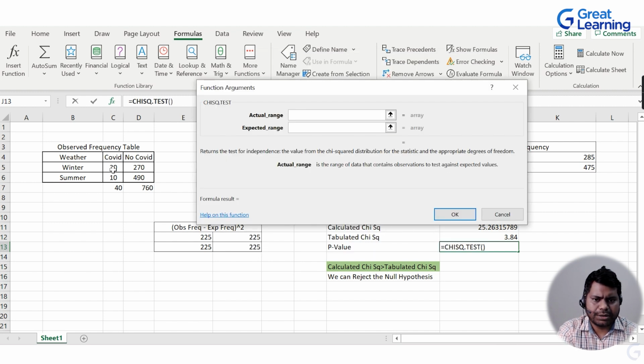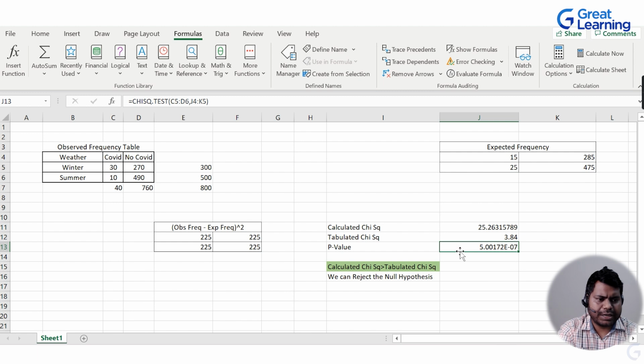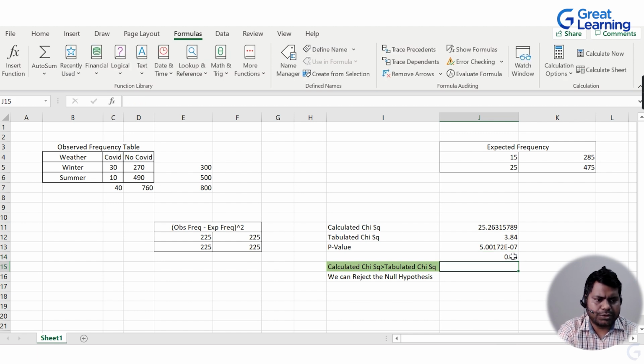Go to the actual range. This is our actual range. And now go to our expected range. Our expected range is this. So now we can see that the p-value is lower than 0.05. So now we can say that we can reject the null hypothesis with the help of